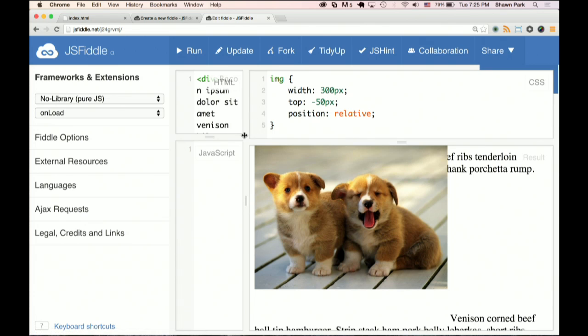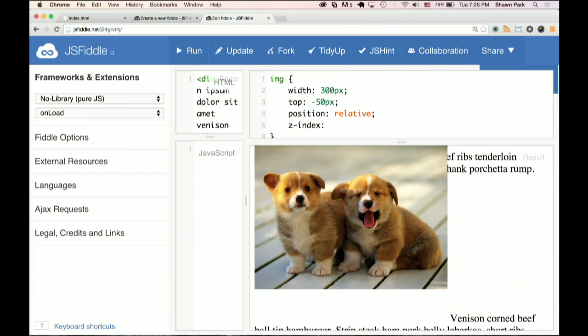Ah, there we go. So from where it normally was, we have moved it up 50 pixels from where it should be. And like I said, it does indeed cover the text, which is, for the most part, not necessarily what you want. And so this is the first time where we can actually go into the z-index.